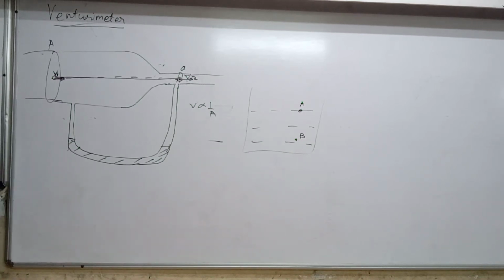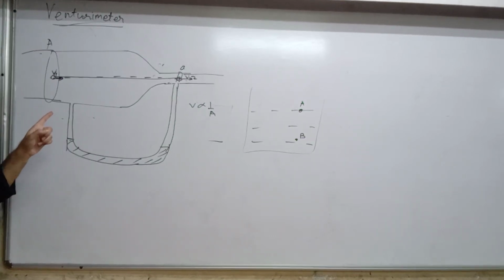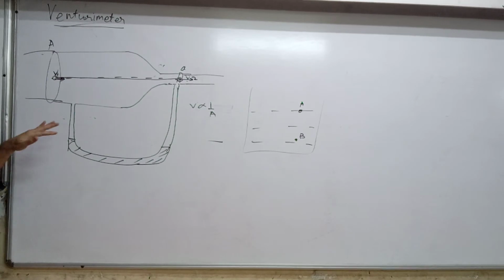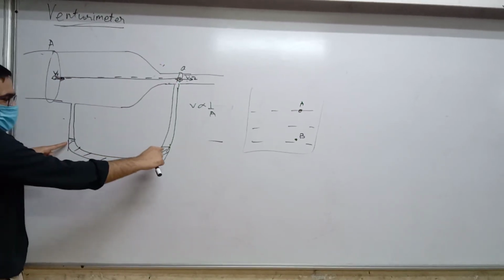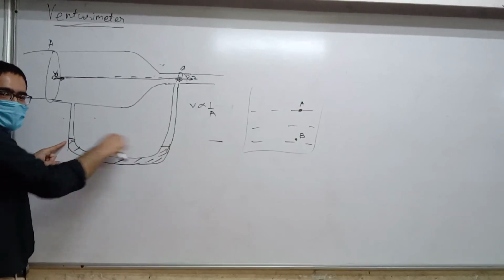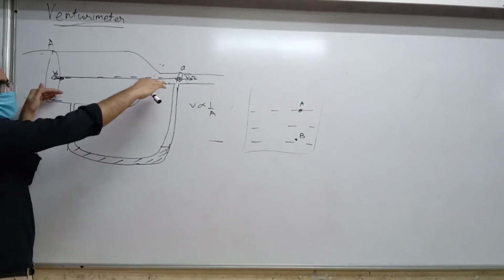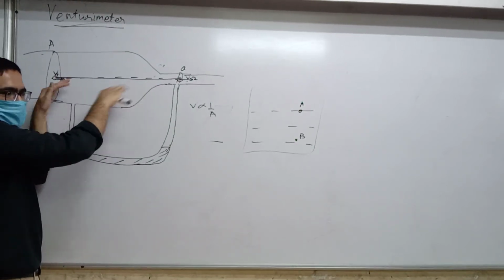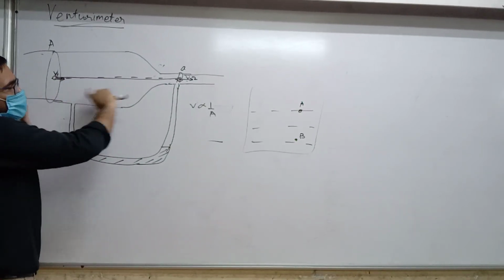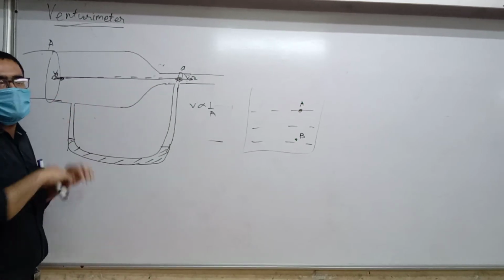Then the pressure at both points is equal or not? I mentioned it, if you remember, at the start of this topic. I said that suppose consider a case where fluid is not moving. At that time both these mercury levels will remain equal. That is because the pressure is same. If speed is same, then it is not moving. So if it's not moving, the pressure will be same. Clear?